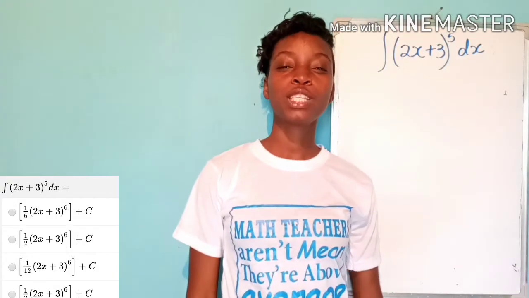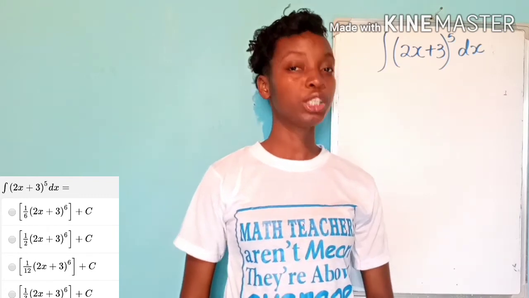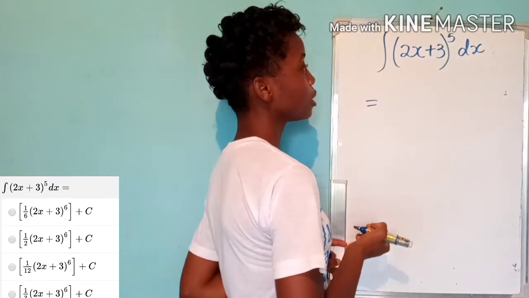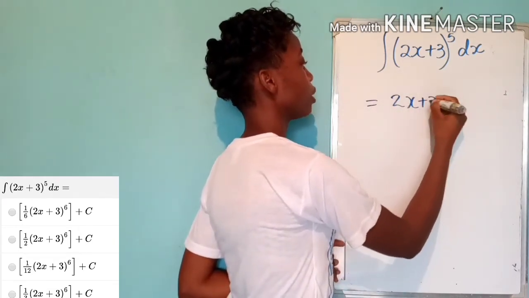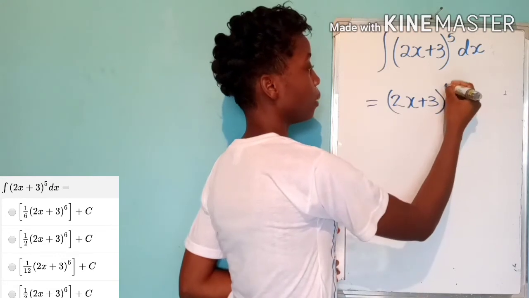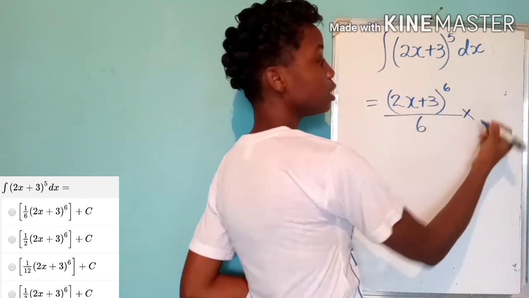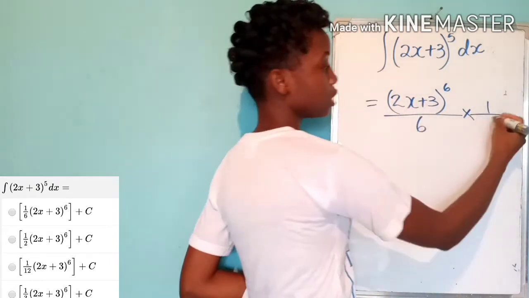This is our final question, and you can just call it a bonus since it is pretty similar to the one we just did. So here we go. We're integrating 2x plus 3 raised to the 5th power. And so we know that we are going to increase the power by 1, divide by that new power, and multiply by 1 over the derivative of what's in the bracket, which is going to be 2